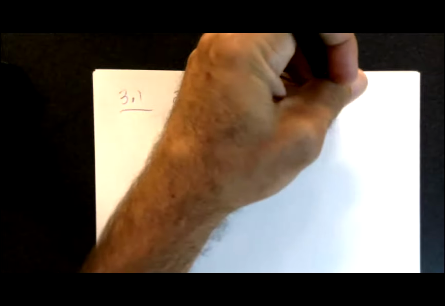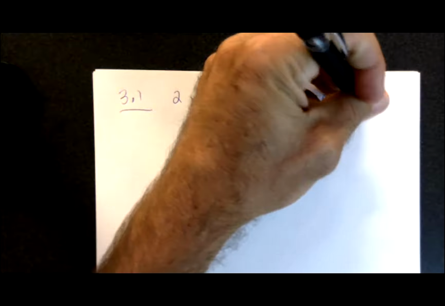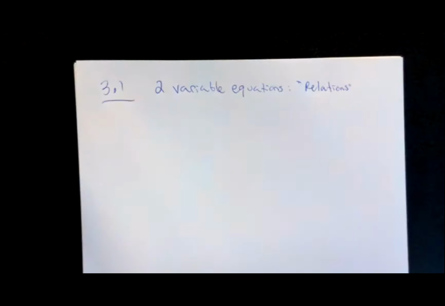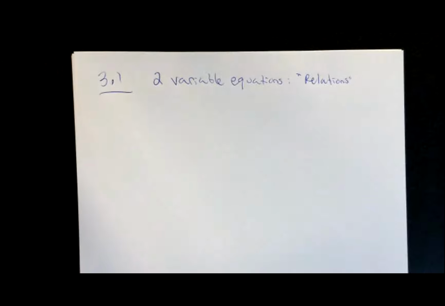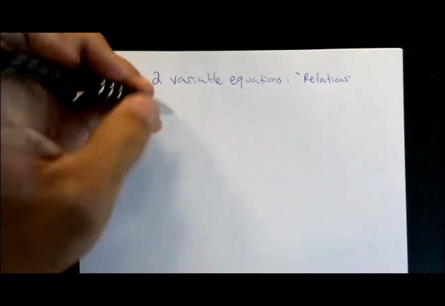These can also be called relations. Because as you have more than one variable, they relate to each other, and affecting one has an effect on the other. So what you do to one variable has a distinct effect on the other. So they are related, hence relations. Okay, for example,